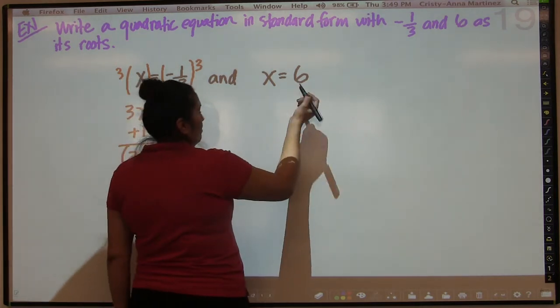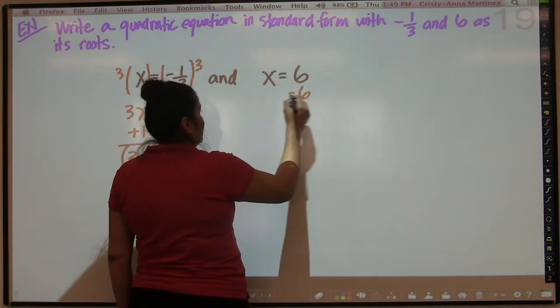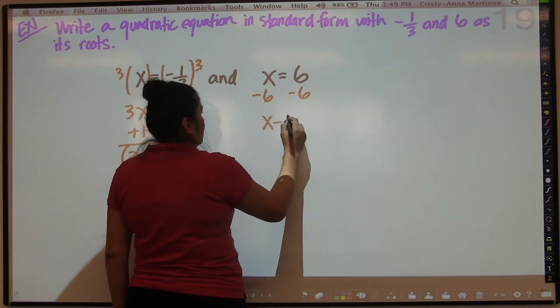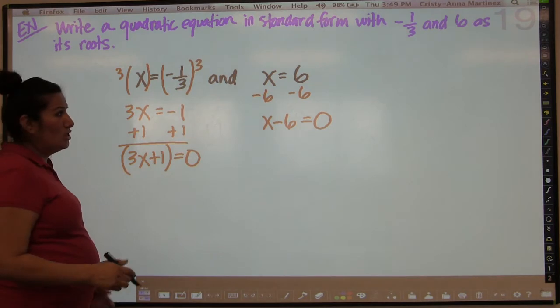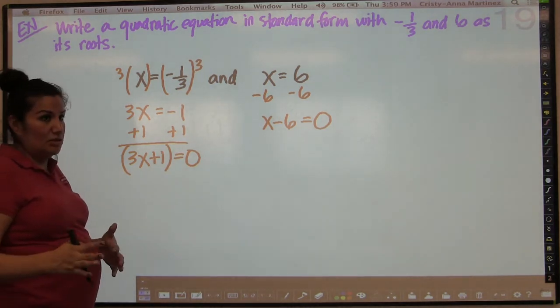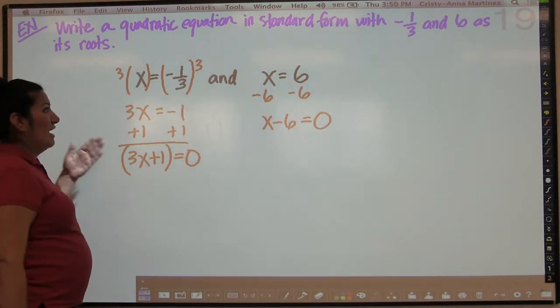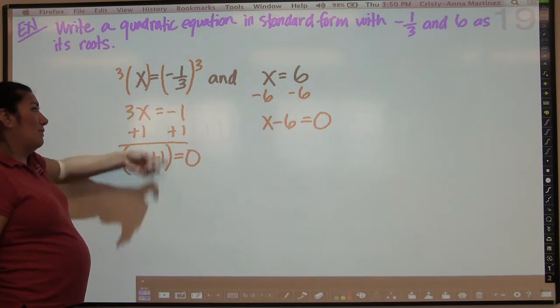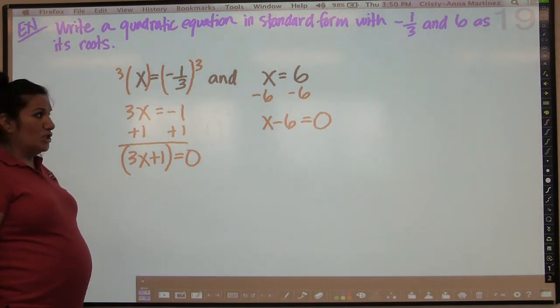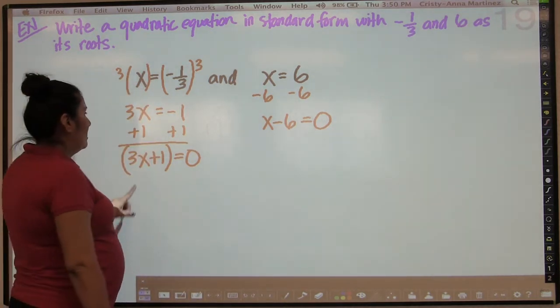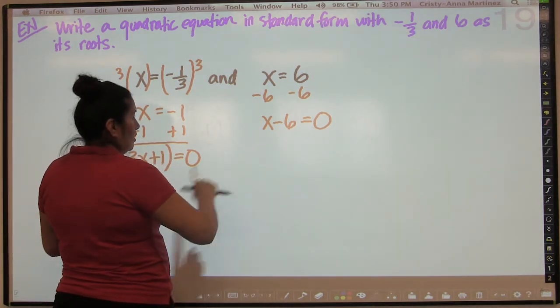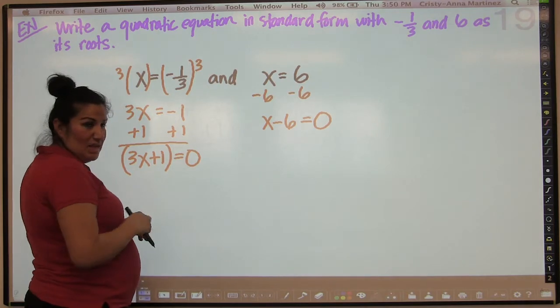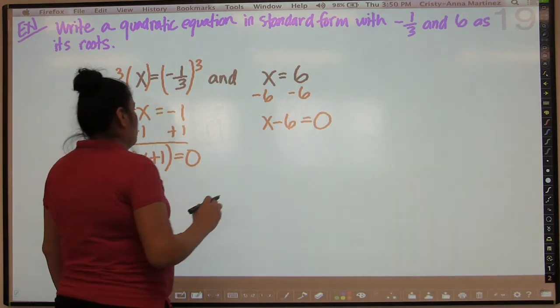Over here, we don't have any fractions, but we can move the 6 to the other side. And this might seem a little strange because it kind of does seem like we're going backwards. Normally, we want to arrive at the solution. But in this case, they actually gave us the solution first, and we're working backwards to try to get the equation. So now we know that these two are the factors. So now we want to multiply those like we did in the previous example with the FOIL method. We want to multiply